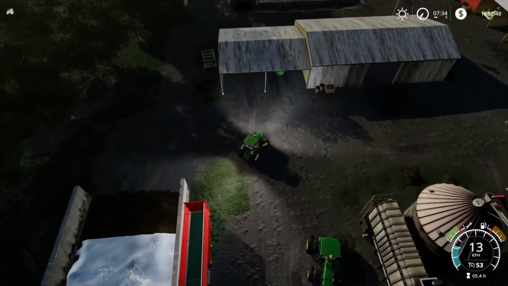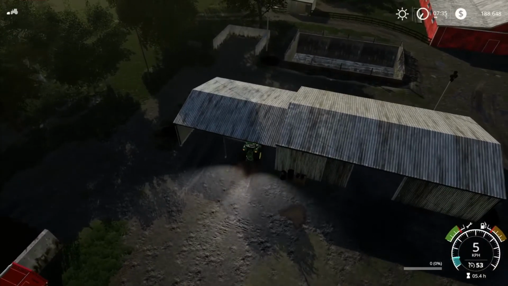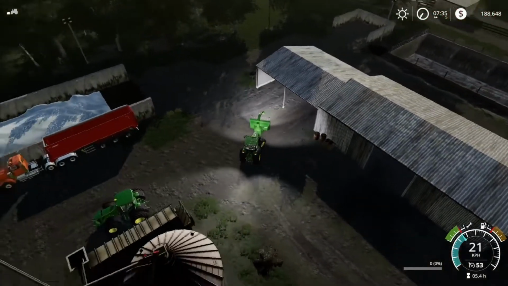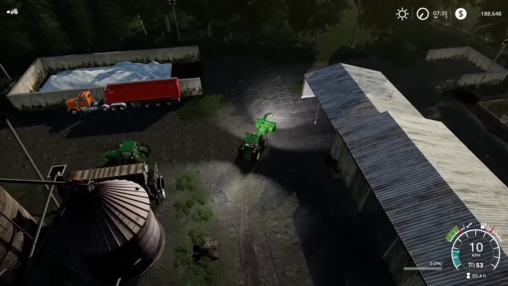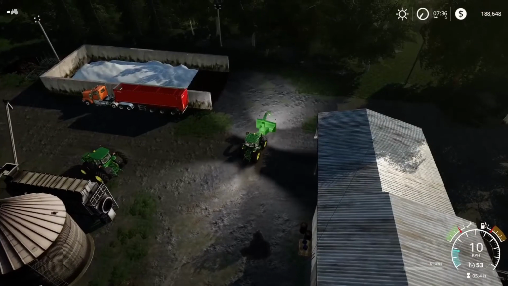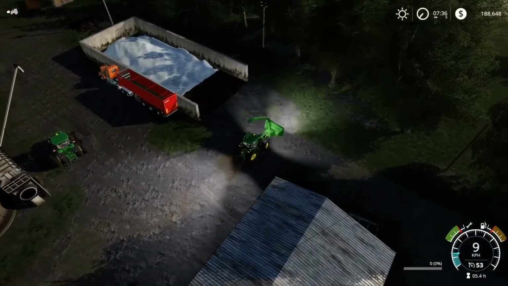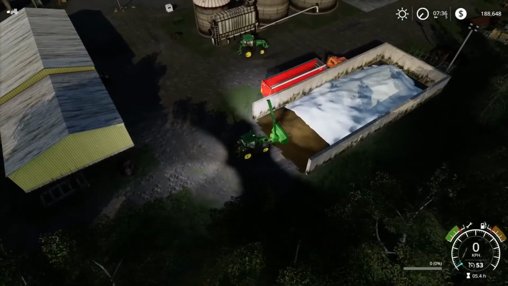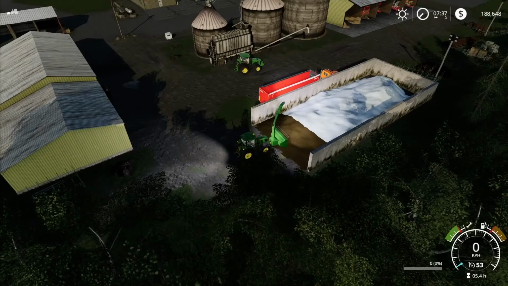I'm going to be using the milling machine. It's a mod by Chris70. I've not actually used it before, but I have seen other people using it, and it looks really useful. Basically, it's just going to pick up the silage and spit it into the trailer next to the bunker there. At least that's how I hope it's going to work. Like I say, I haven't used it before, so...